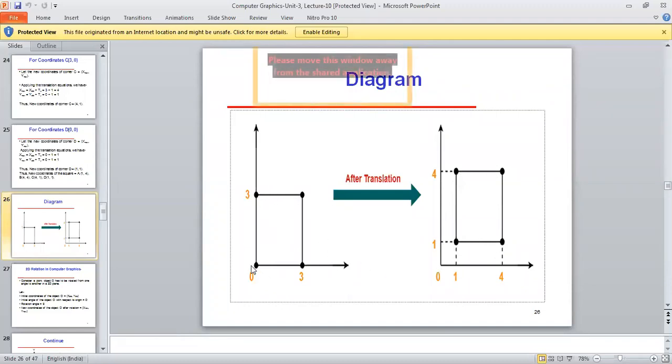Here at the origin, you can see this is the initial diagram, and this is the final diagram. So there is a movement from here to here. Translation by 1 along the x axis and by 1 along the y axis. So this is the final diagram, and that is how you can draw the final diagram. I hope you can understand easily. So now I am considering the next slide.